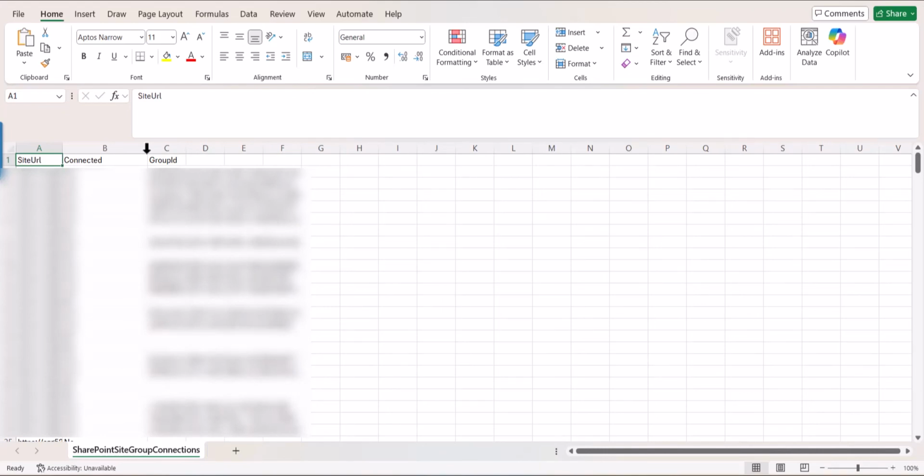we can get to know whether these sites are group connected or not using PnP PowerShell and SharePoint